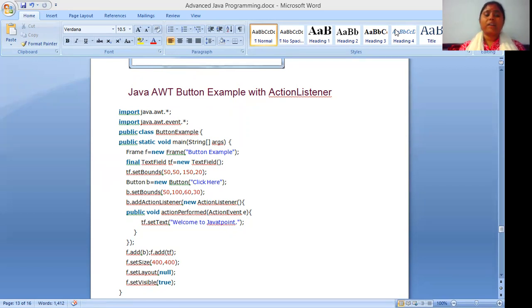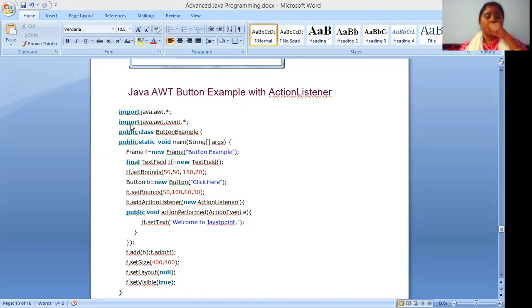First of all, Java AWT button example with action listener. In this program, first of all, we are importing the AWT package. import java.awt.*; this is the way to import the AWT package.